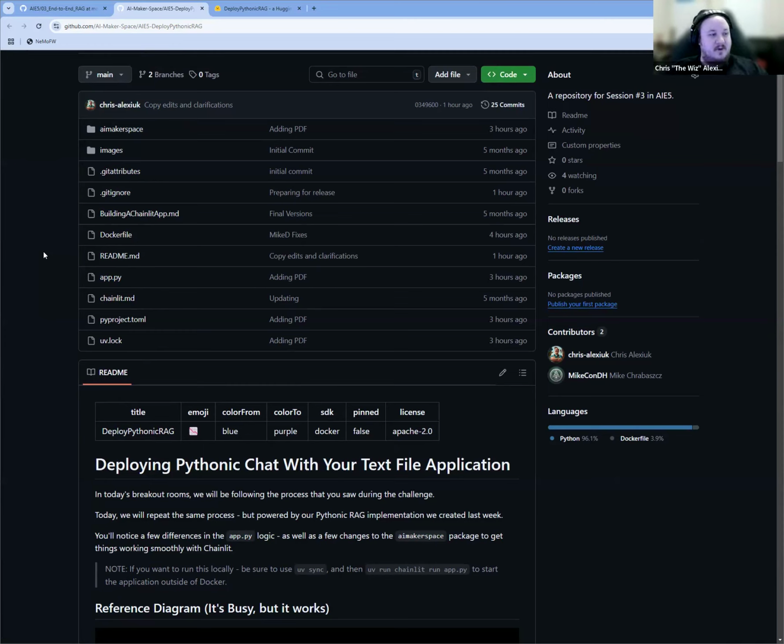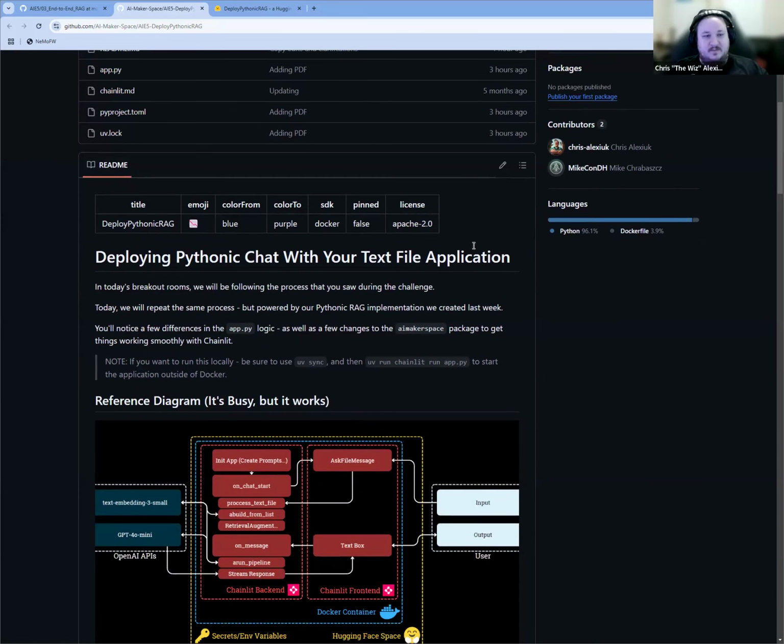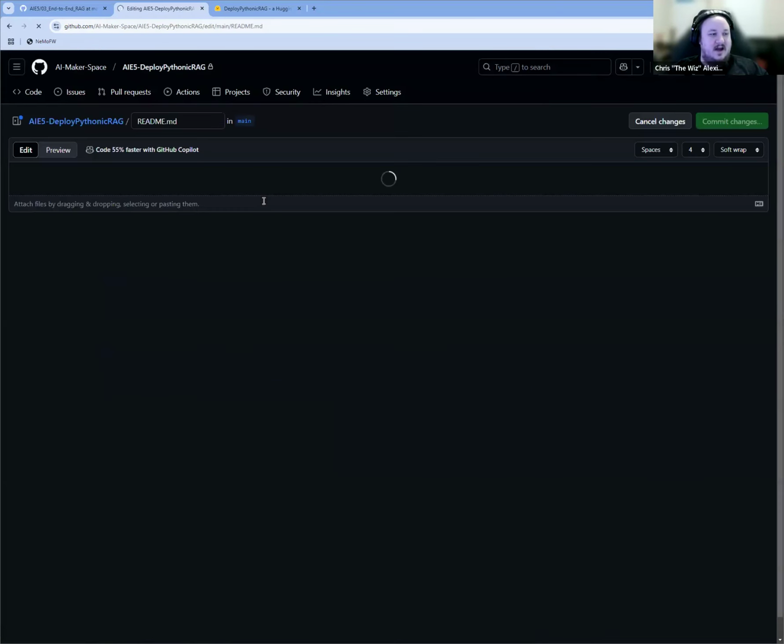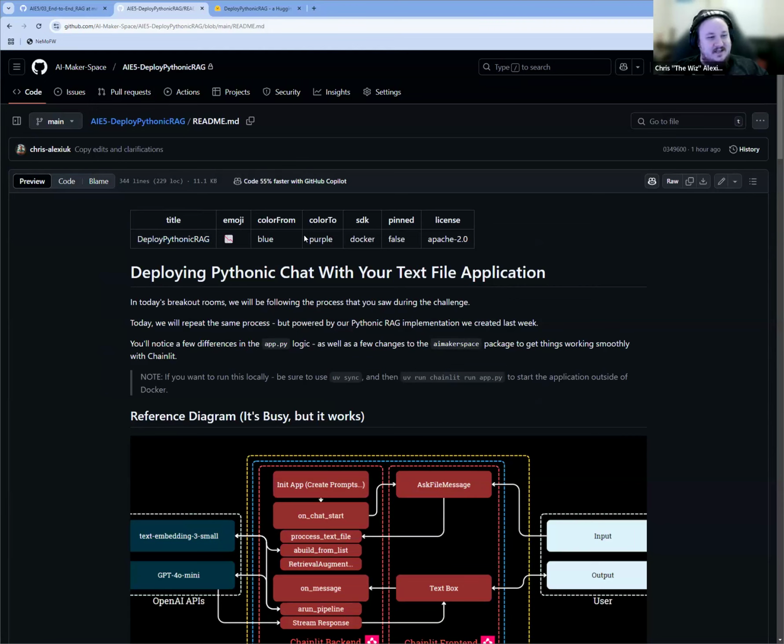There are a couple of things that we want to consider. Number one, you'll notice that we have this README. This README has a strange blob at the top. If you look at it in your editor, you're going to see this. We have to have that. Please leave that and do not change it. You can change the values in here all you'd like, except for this one. Other than that, you can change things how you would like. But if you don't have this, the Hugging Face space will not work, and that will be sad.